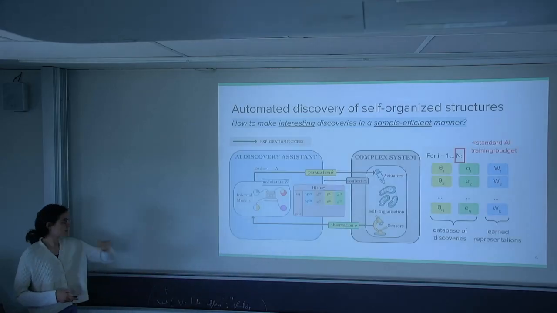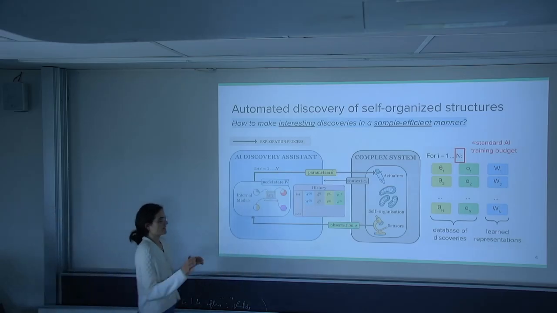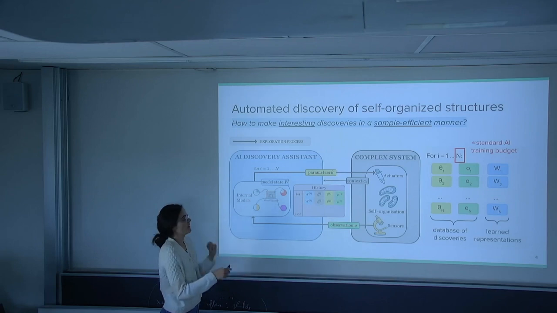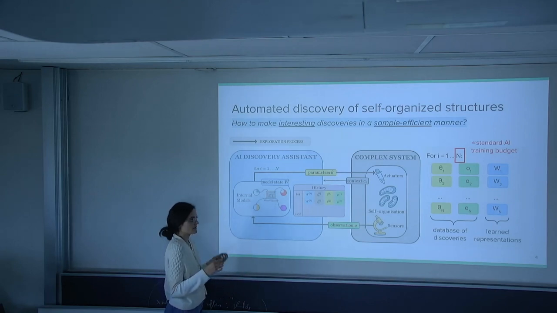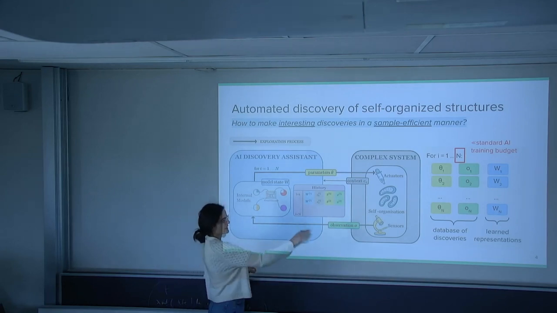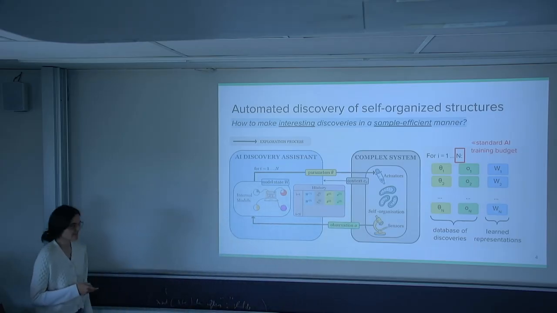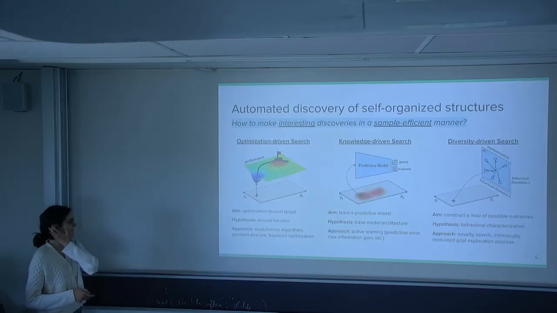So just to go back a bit, in diversity search you really evaluate the whole database of discoveries that you get, versus in optimization or predictive methods you usually only keep the best parameters and then discard everything. I think you all kind of know about this already. Maybe a question about this diversity search.